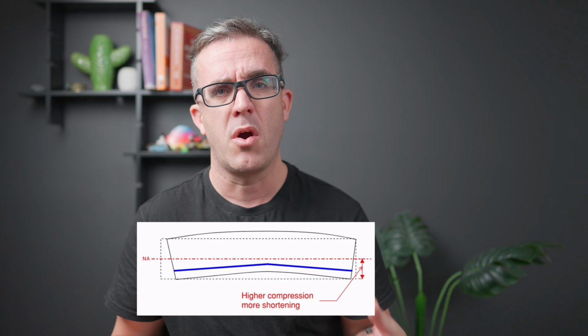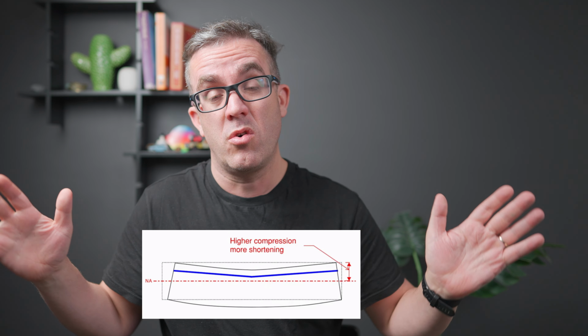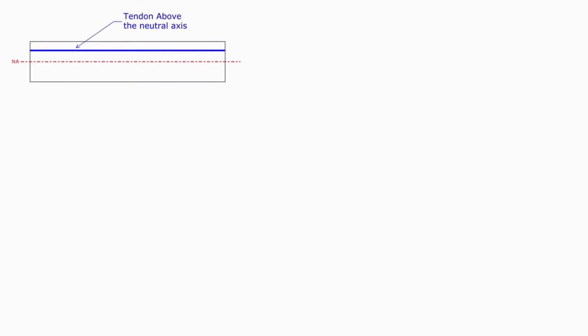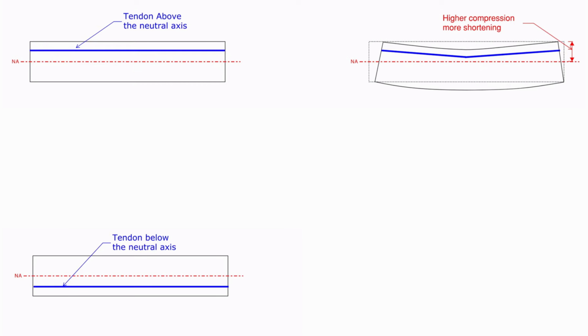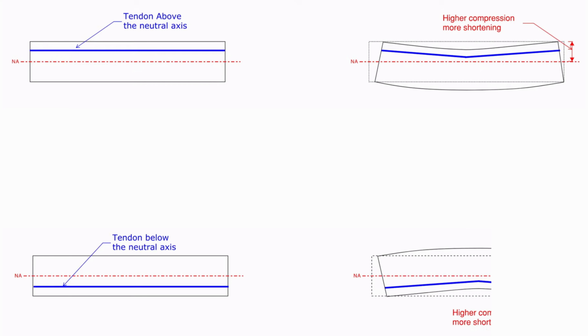They can either make the slab bow up, bow down, or just pre-compress. And this is depending on what height you have that tendon above the neutral axis. So if you have the tendon above the neutral axis, even when flat, it will cause the top to pre-compress and cause the slab to bow down. Whereas if you did the opposite and just had it in the bottom, you're pre-compressing the bottom force. So that bottom area is getting smaller, causing the areas to come in and causing the slab